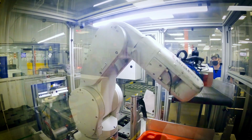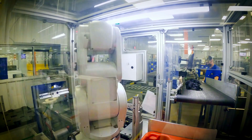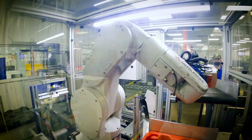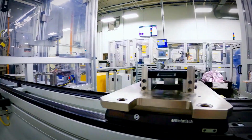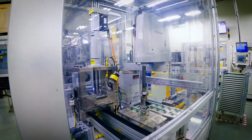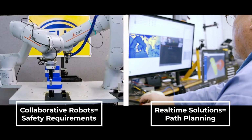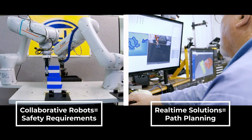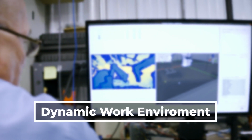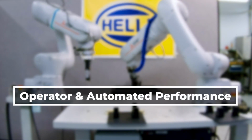For our use case, we've got a specific example where an operator is basically doing pick and place operations. However, inside of their work environment, there's also still a lot of incoming, outgoing goods, and other local support from areas that are needed. When you think about industrial robots and collaborative robots, we don't really have the floor space to do the brick and mortar approach with hard automation that maybe you would normally look at when designing something from scratch. So being able to not only have the collaborative robot to fulfill safety requirements, but also the real-time solution to do some of the automatic path planning really creates a very dynamic work environment for not only the operator that still has to be involved in that work environment, but for the automated solution to still maintain an